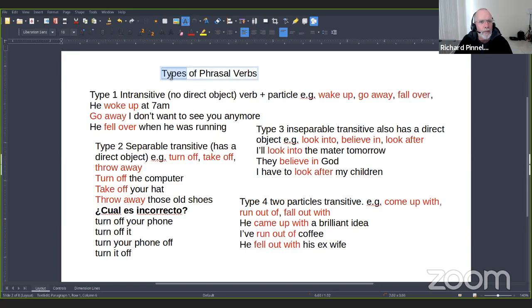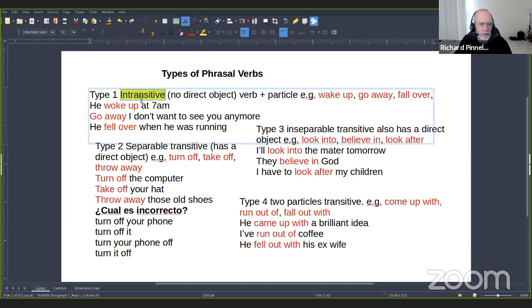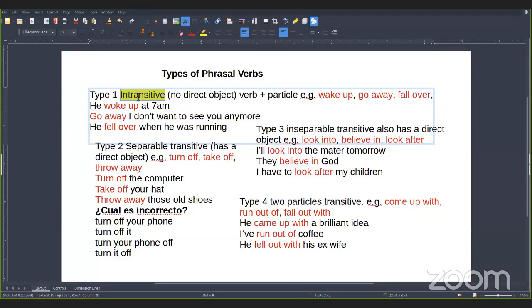Okay, let's look at 4 types of phrasal verbs. The first type is very easy because this type of phrasal verb is what we call intransitive. Intransitive, all intransitive means